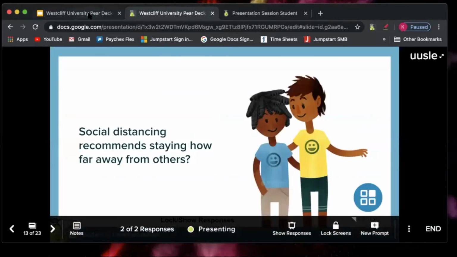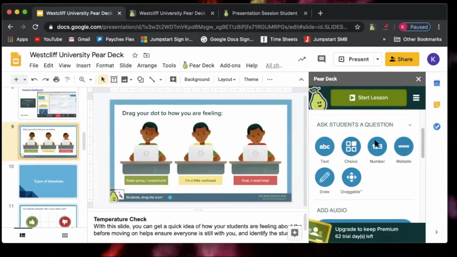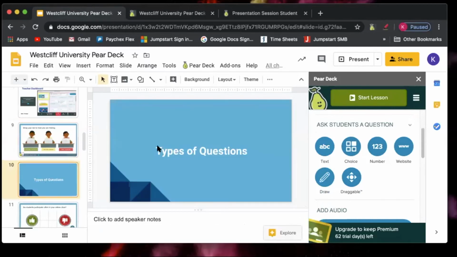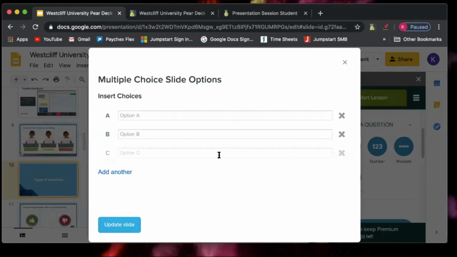So where you find this particular slide is same place in the Pear Deck toolbar. You could select the choice option to add to one of your slides. And the way you add that, you can add it to an existing slide already. Let's say I wanted to add it to this slide. Well, I can type in my answer choices,